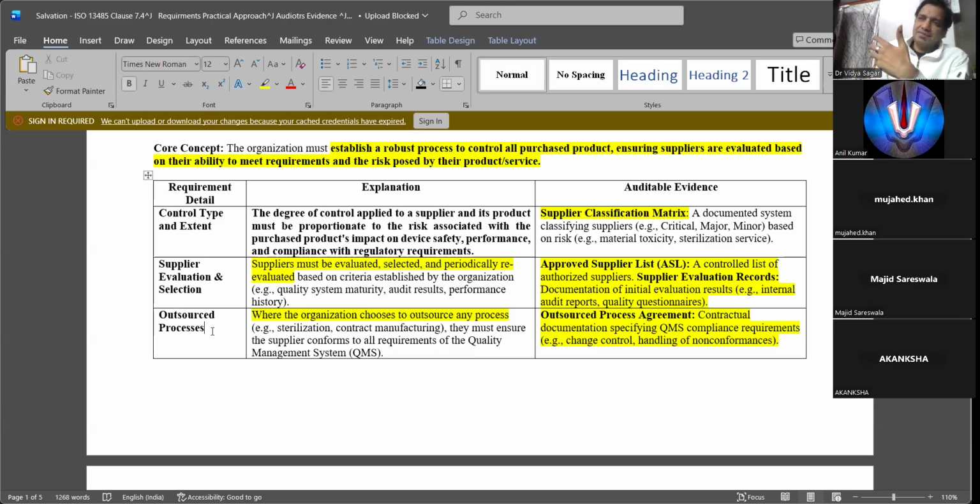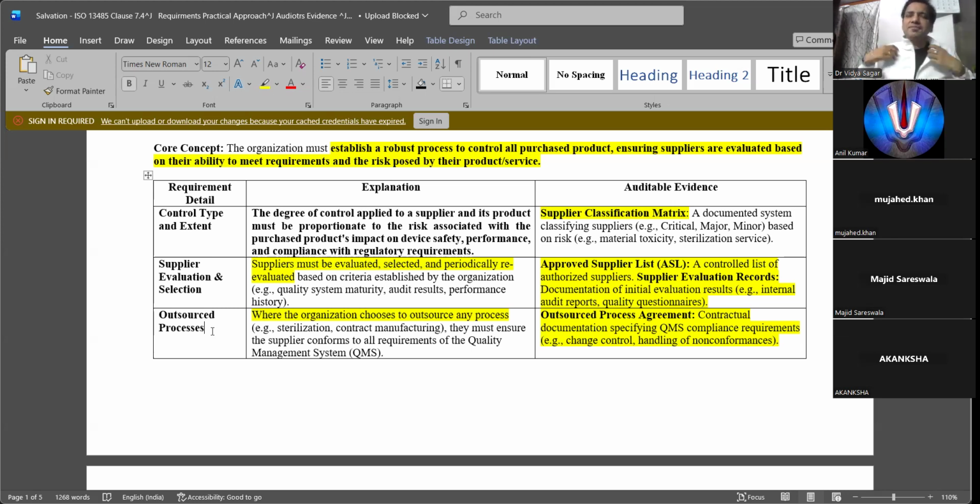But I am outsourcing sterilization somewhere. Though you are outsourcing it, that sterilization becomes a part of your QMS and you need to have controls on what is happening to it.